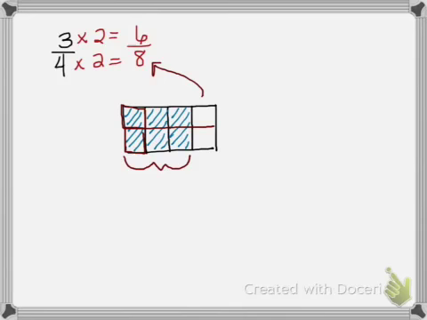On your homework, you're asked to find 2 equivalent fractions. So here we've found 1, but we need to find 2. So I'm going to go ahead and do the same process. I'm going to start with 3/4, and I'm going to multiply it again. I'm going to multiply the numerator and denominator by the same number. So I did 2 last time. Why don't we do 3 this time? And I wind up with